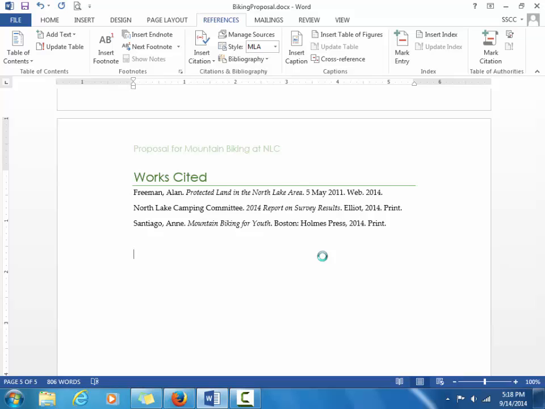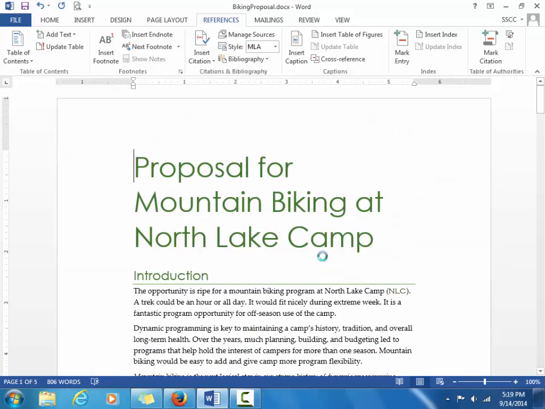Okay. To modify information about a source, you need to open the Edit Source dialog box for that source. To do this, you click a citation to that source in the document. To display the content control, you'll click the citation option arrow on the content, and then you'll click Edit Source, or in the Source Manager dialog box, you'll select the source in either the master list or the current list, and then click Edit. Okay, so we're going to go back up to page 1, and in the paragraph under the available land,